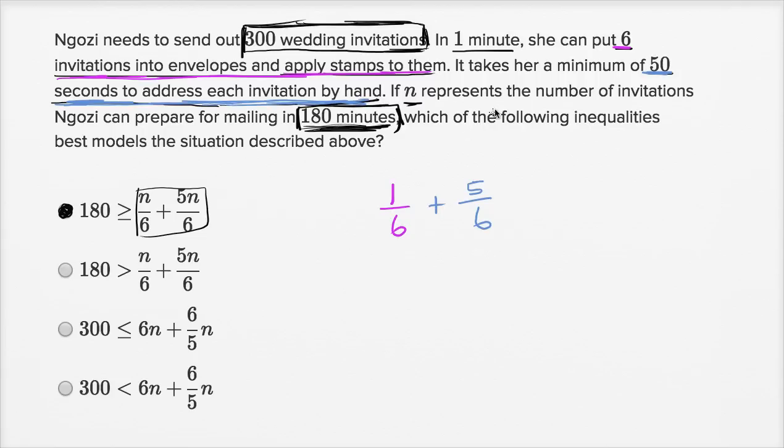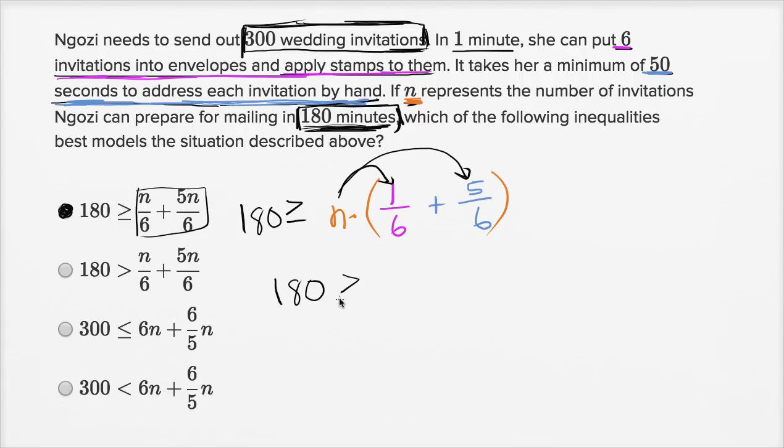And then if she's doing n invitations, well, this is per invitation, and then you multiply it by n, so times n. This is the total amount of time she would spend if she did n invitations. And so this thing right over here has to be less than or equal to 180. So we could write it like this. We could say less than or equal to 180, or we could write that 180 is going to be greater than or equal to that. And if you distribute the n, you're going to get 180 is greater than or equal to n over 6